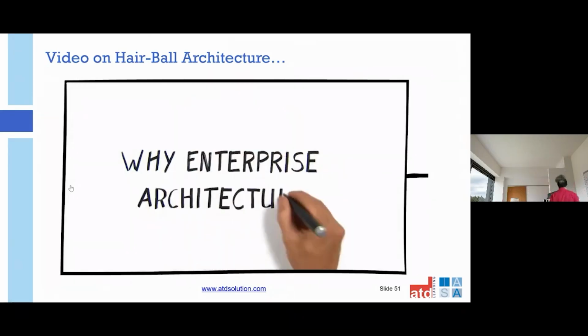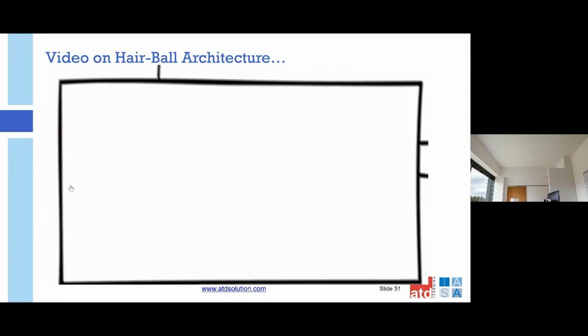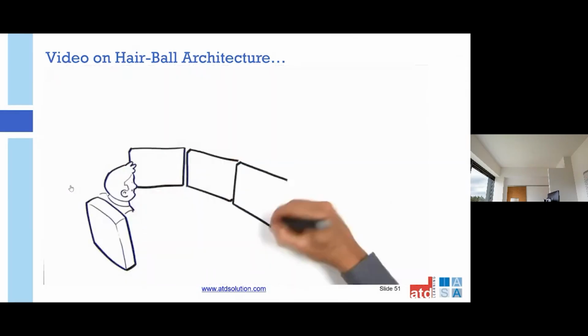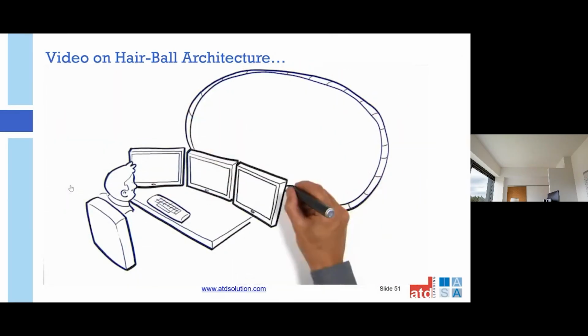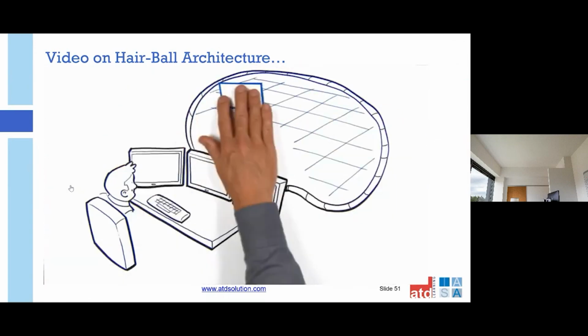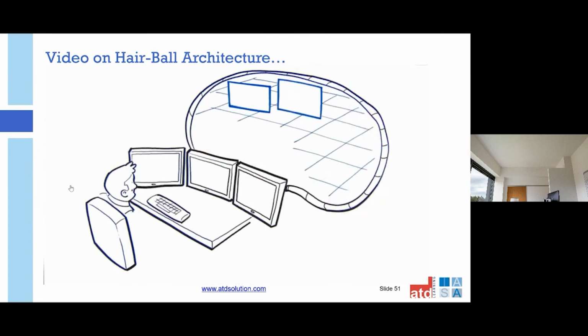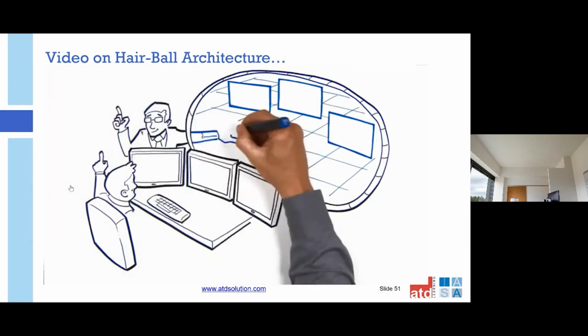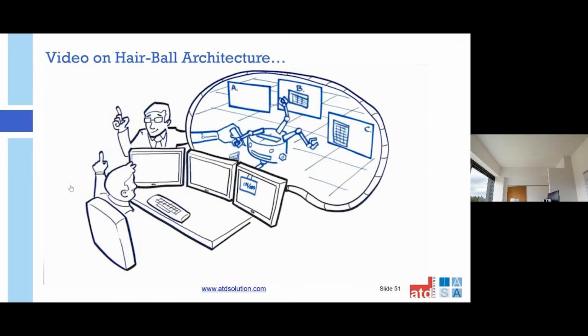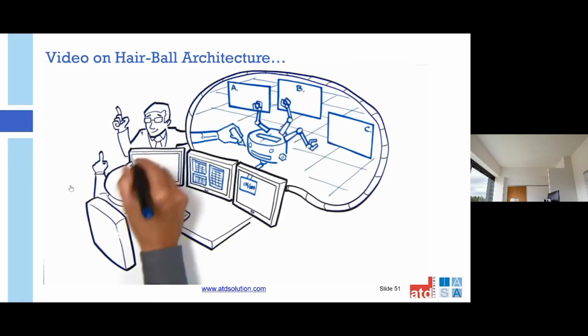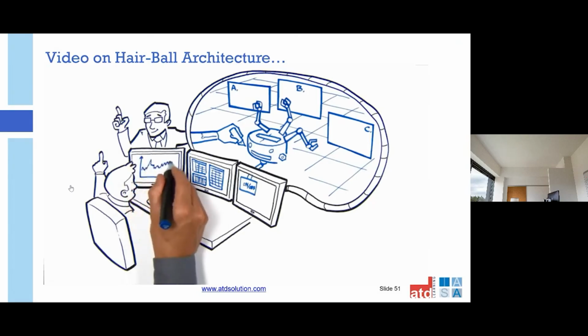Why enterprise architecture? Well, here's a reason. Michael works at our company. Now, because of new business demands, he is in need of specific data. But his data is spread out over different applications. Exclusively for Michael, a developer writes a program that will get his data from applications A, B, and C and write it to an Excel file in directory Y. That way, Michael will be able to read all the data in his spreadsheet and use it.